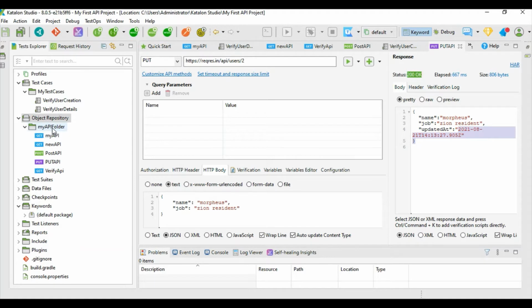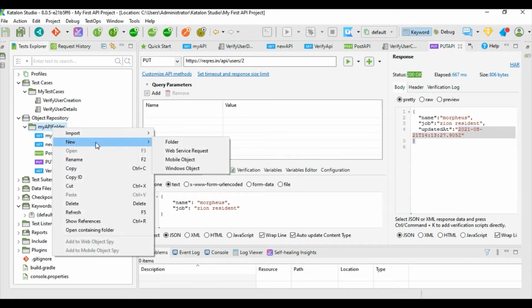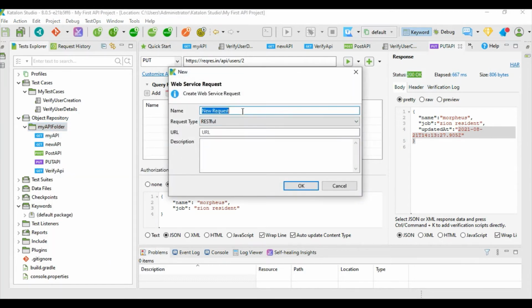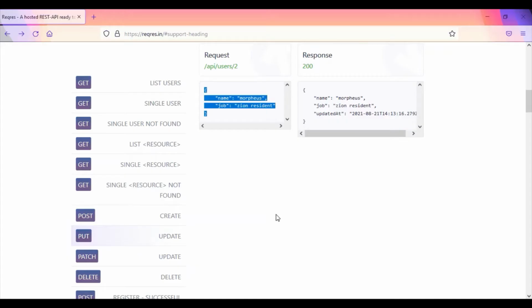So let us create a new API and see how we are going to send the GET request, verify the values you're going to update, and then update. For the time being, let us create a get single user request.